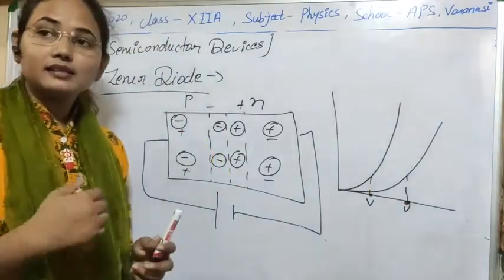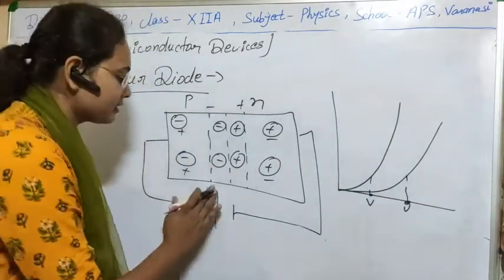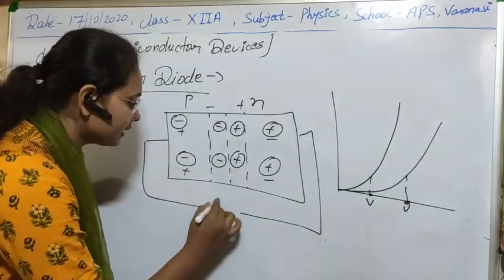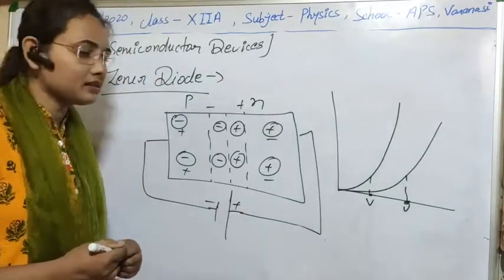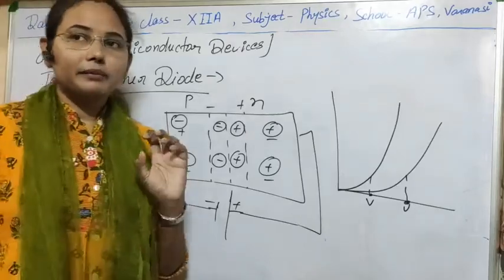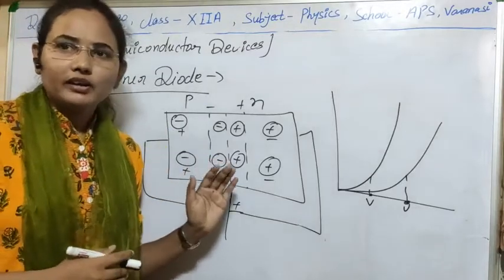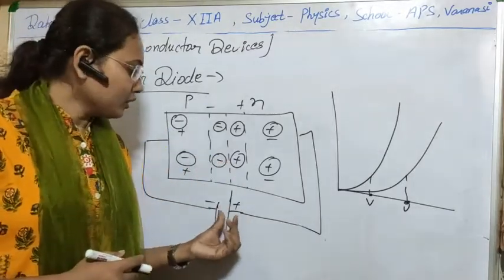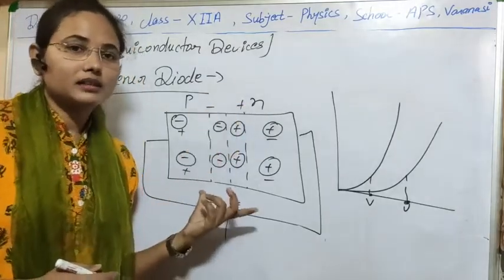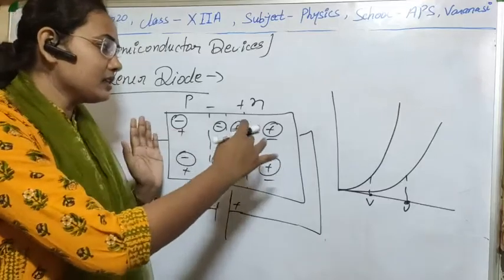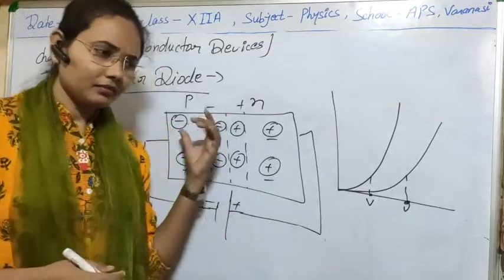But the characteristics change when we connect the diode in reverse bias. In reverse bias, P is connected to the negative terminal of the battery and N is connected to the positive terminal. As we have seen in the PN junction in reverse bias, when we increase this potential, it supports the junction potential, which means the depletion region width increases, and initially no charge carrier is able to cross the junction and no recombination takes place,